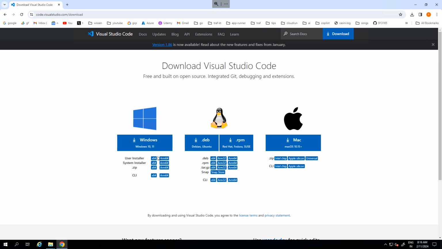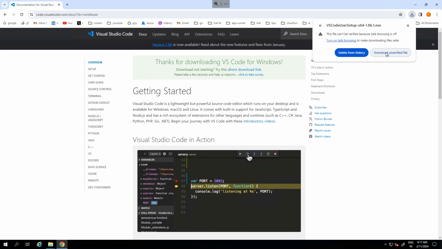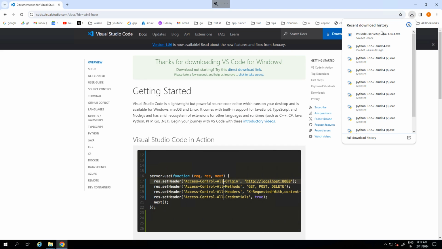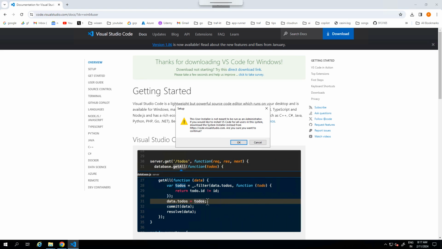You just click and choose as per your operating system. Currently we are trying on Windows, so click on Windows, and then your download should start. So click on download unverified file. Your download should start. So once the download is done, click on the Visual Studio Code exe,